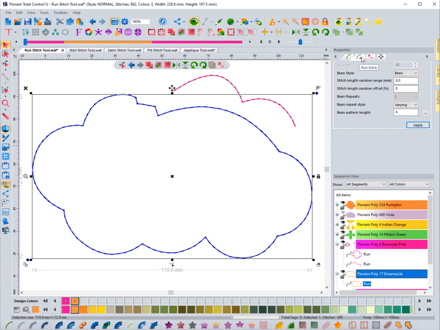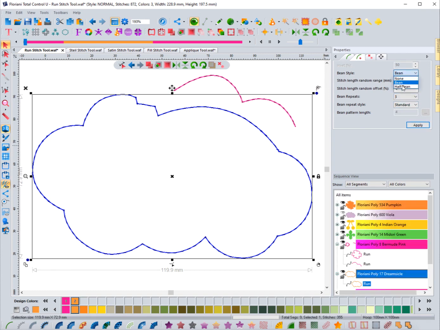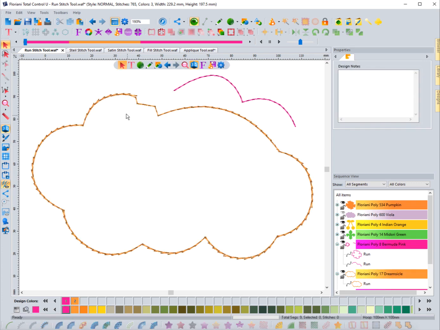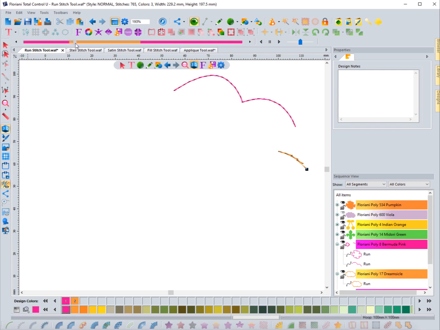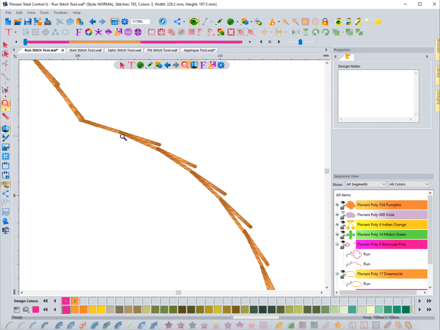And let's go back to this Run Extra tab. And this time, let's not do a varying. Let's go back to standard, hit apply. Let's do this like 3. Let's now click on half bean. And when I do that, it's going to take all the other stuff away. You can see that what it's doing is it's creating this angled stitch. So you'll see it's more of a jagged stitch, and basically what's happening is it's going forward, coming